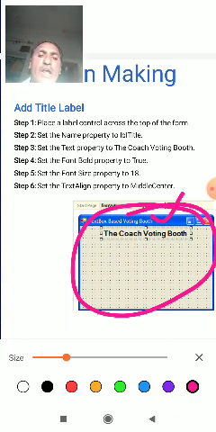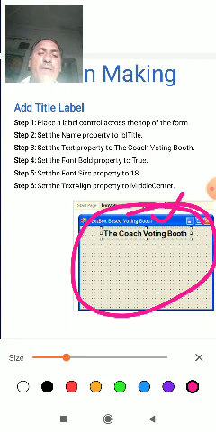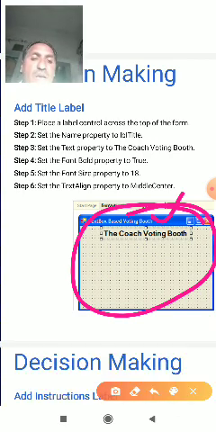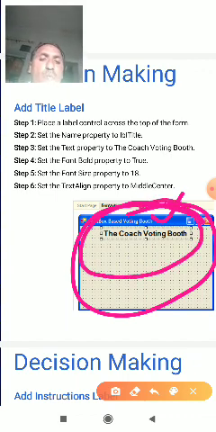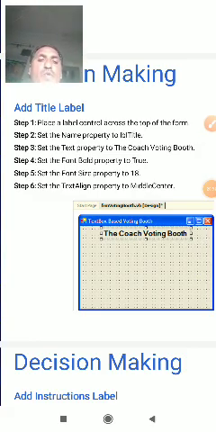Give the title as Voter Booth, and set the font to bold italic. Set the text property to Coach Voting Booth, and set the text alignment property to middle center, which means center. This gives the form the vote booth title with center alignment.